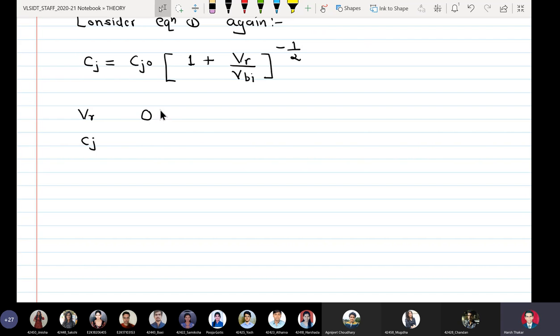So VR is equal to 0. The value of Cj is Cj0. So you can just put VR as 0 and you will get Cj0. Now for VR is equal to VBI, we get Cj0 into 1 plus 1, so 2 raised to minus 1 by 2, so it will be 0.707. It will be 0.71